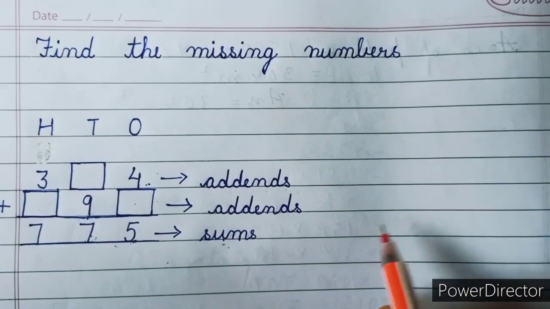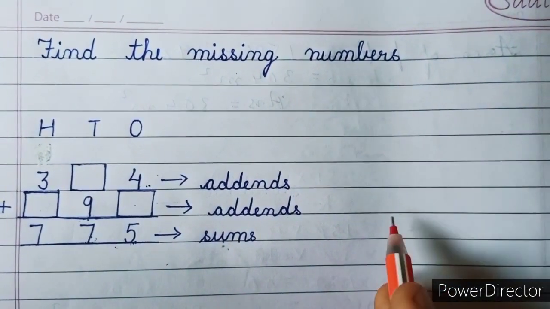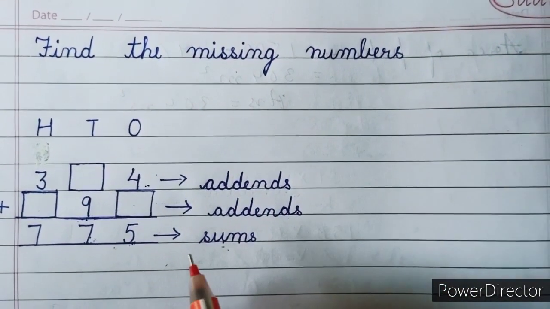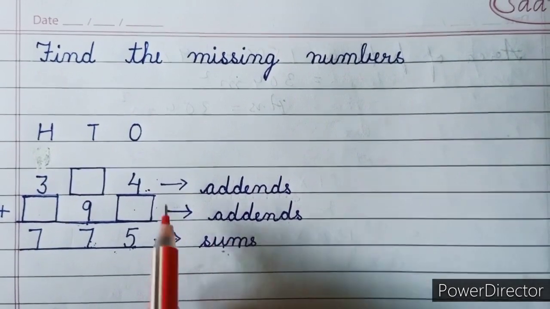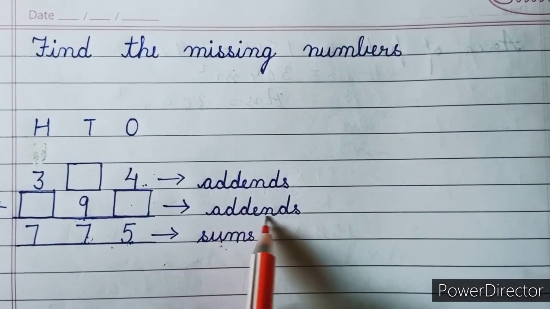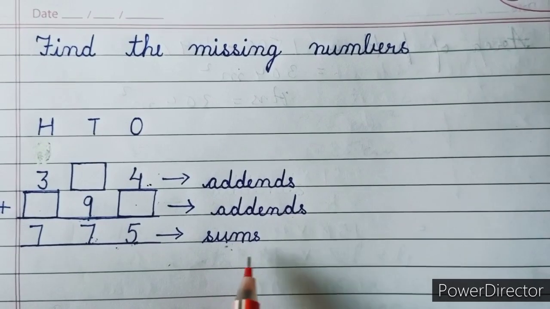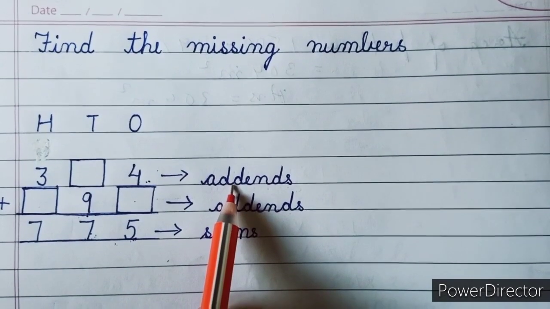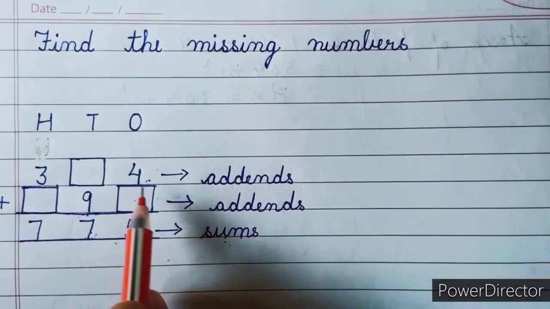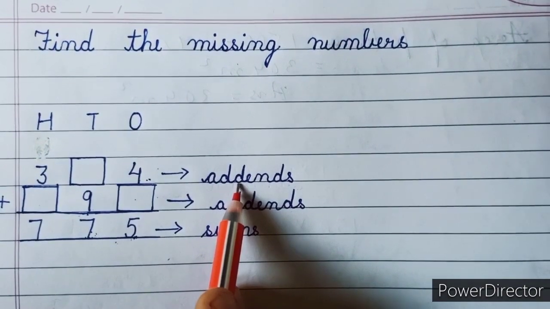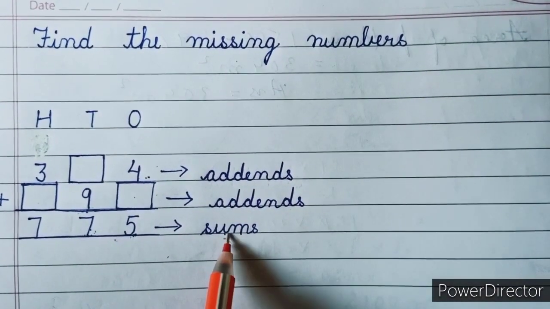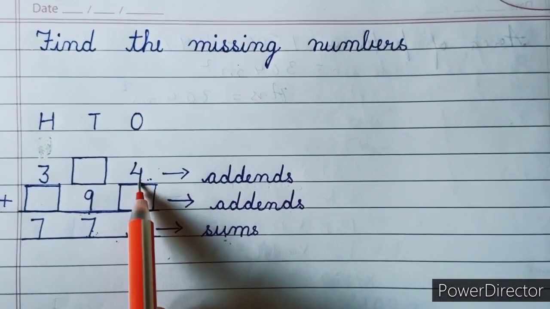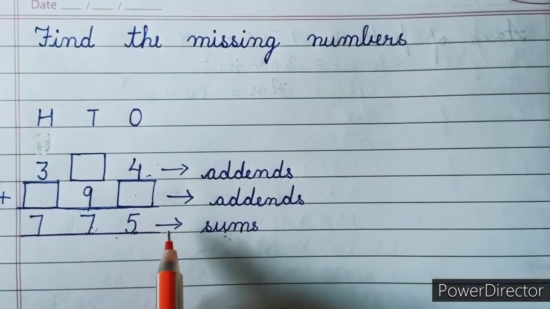Children, different people do it in different ways, but I will explain it to you in a simple way. So all watch carefully and understand. As you know, there are two addends, and the answer below is the sum. The trick is that if there is a smaller number in the addend and a bigger number in the answer, then we will subtract the smaller number from the bigger number.